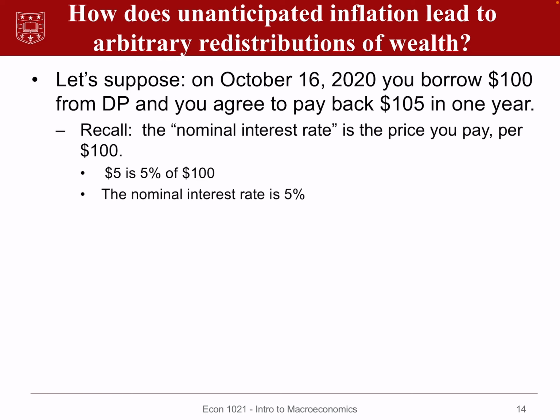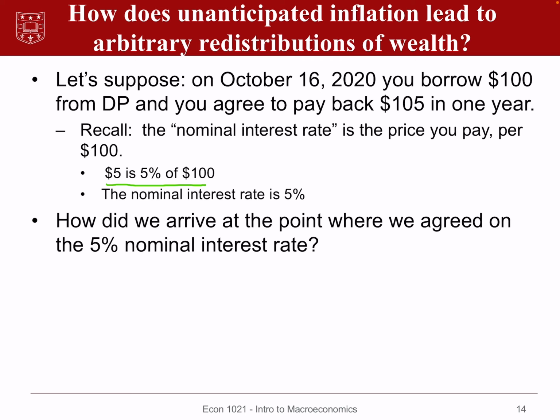So to get at this, what I want to do is consider an example. Let's suppose that today, on October 16th, you borrow $100 from me, and you agree to pay me back $105 in a year. Recall from our earlier discussion that the nominal interest rate is the price that you pay per 100. So $5 is 5% of this 100. So we can say that the nominal interest rate is